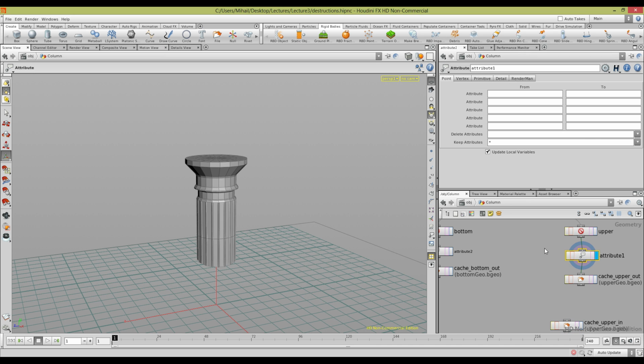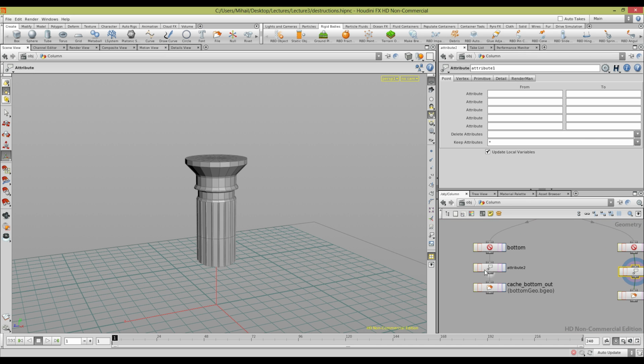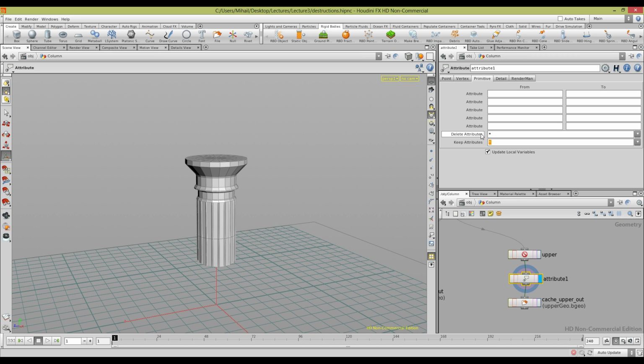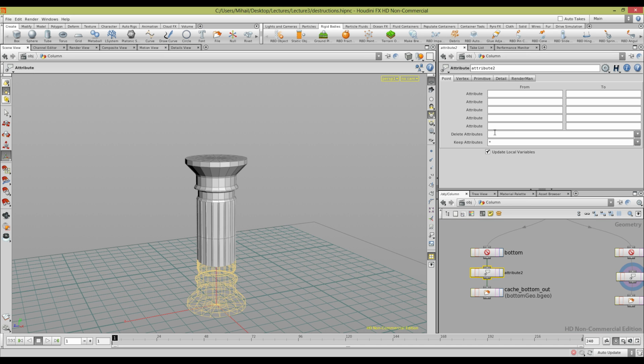Okay, in attribute sub, I need to switch to primitive tab, since we're gonna work with primitive. And in delete attributes, I need to type asterisk, because I want to delete all the attributes. And in keep attributes, I need to delete this. So basically reverse. Do the same on here. Don't forget to switch to primitive,